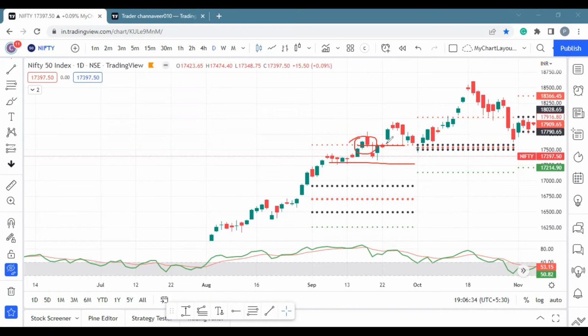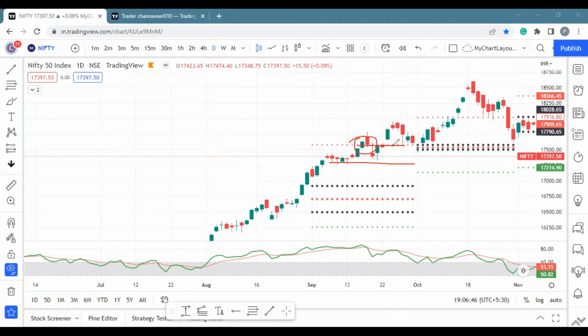In the next CPR, you can clearly see that there is a pin bar being formed. You can look for buying opportunities whenever the high of this pin bar is broken, keeping the stop loss just below the CPR and entering just after the high of this pin bar is taken. If taken after the break of this high, we could have driven this trend to get our minimum 1:2 reward, or till the time the trend is reversed. In this case, it is a bearish reversal sign. You can clearly see there is a bearish engulfing.